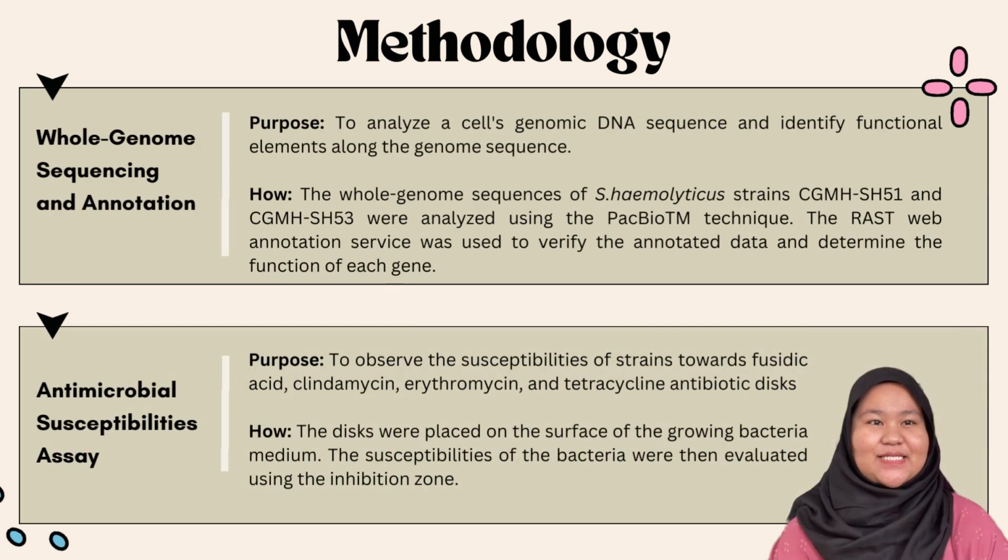First, whole genome sequencing and annotation. This method aims to examine a cell's genome DNA sequence and identify functional elements along the genome sequence. Using the PET-BioTM method, the complete genome sequences of S. haemolyticus strains were analyzed. The RAST annotation service was utilized to validate the annotated data and determine the function of